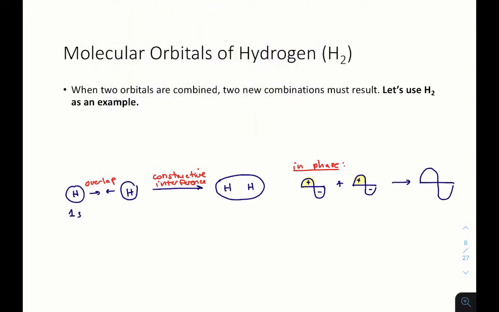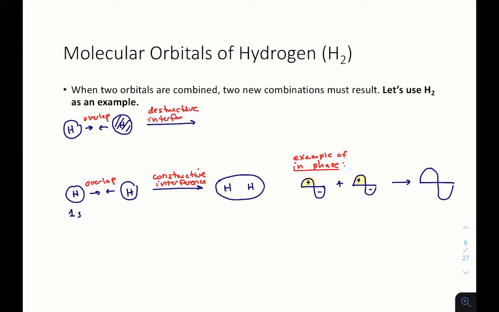Now, there's another possibility, and we did not consider it so far. Instead of adding the orbitals in phase, what if we add them out of phase? The 1s orbital can be either shaded or unshaded. You can have either a positive amplitude or a negative amplitude if you're thinking about it as a wave. Because the orbitals have different phases,